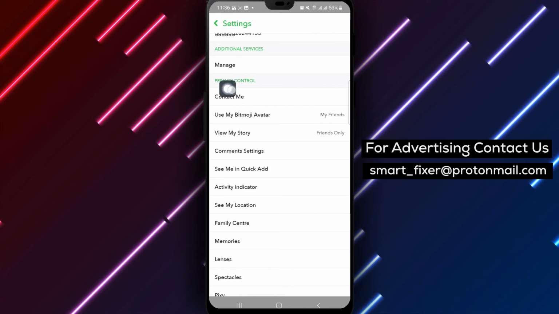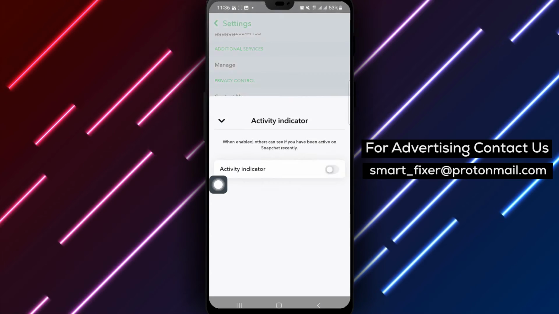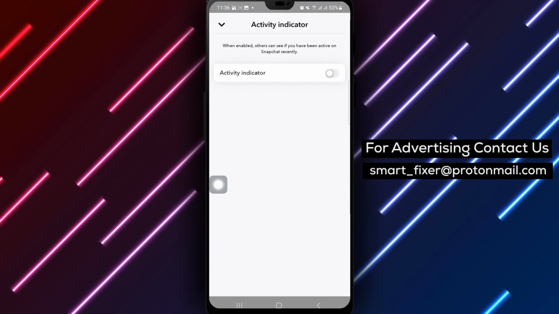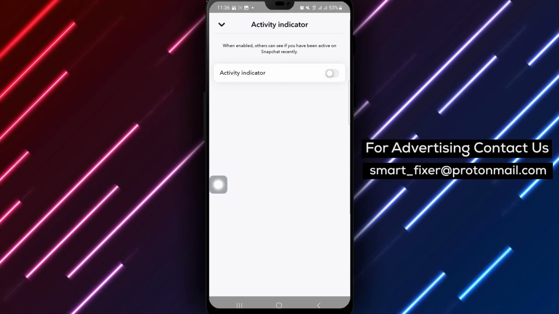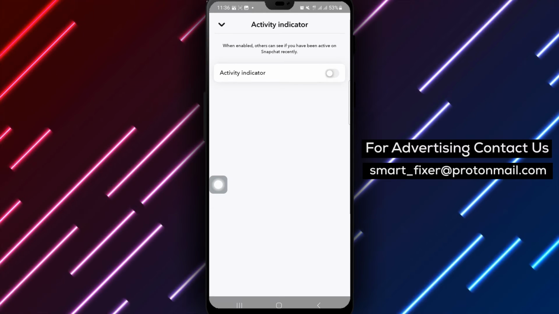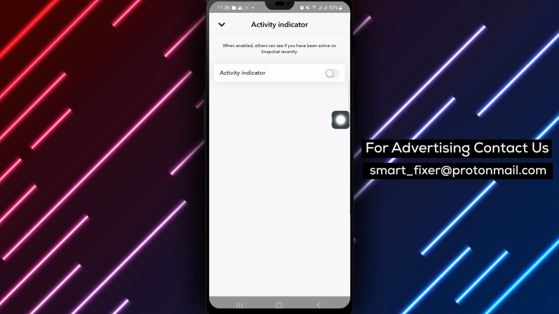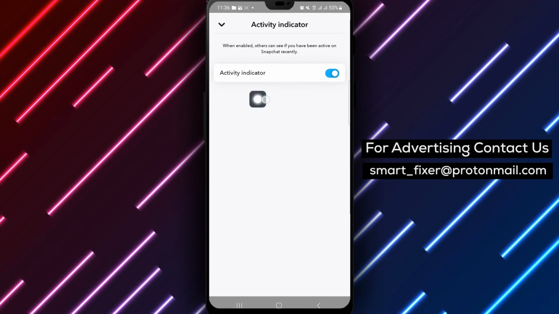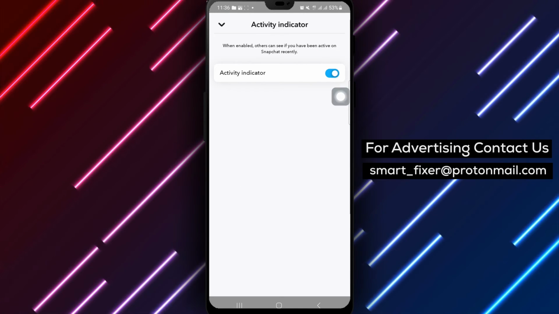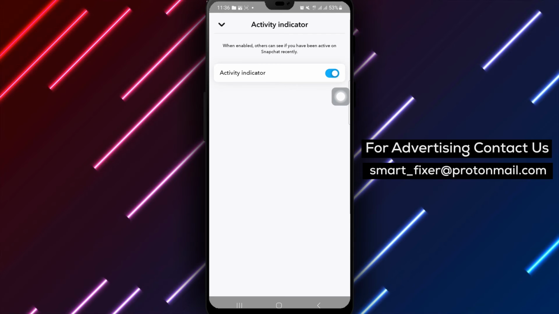Within the Privacy Control section, find and tap on Activity Indicator to access the setting that displays your active status to others. Simply toggle on the Activity Indicator option to turn on your active status on Snapchat. This action will enable the feature that shows when you are currently active on the app to your friends and